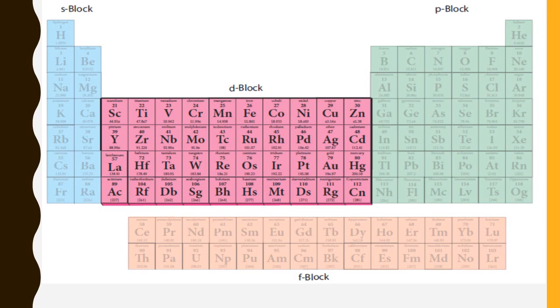From inside the D block elements, the F block elements are taken. That's why the F block elements are called inner transition elements. For example, in the D block elements we can see lanthanum, atomic number 57. But 58 to 71 are missed. Where is it? It is in F block elements, the first row.